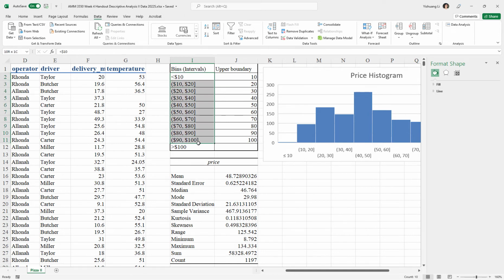And this is supposedly what I would like to do for the histogram. But this is not enough. This is just what I planned. Excel does not recognize this format. Instead, Excel recognizes only the upper boundary. So in order to give what Excel needs, I would have to put down the upper boundary here from 10